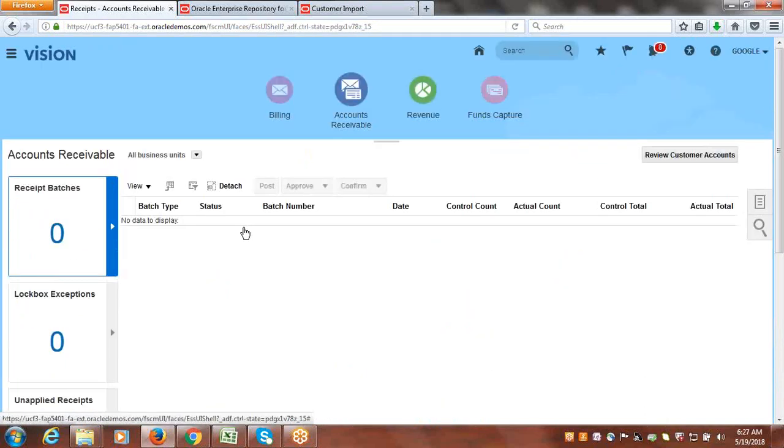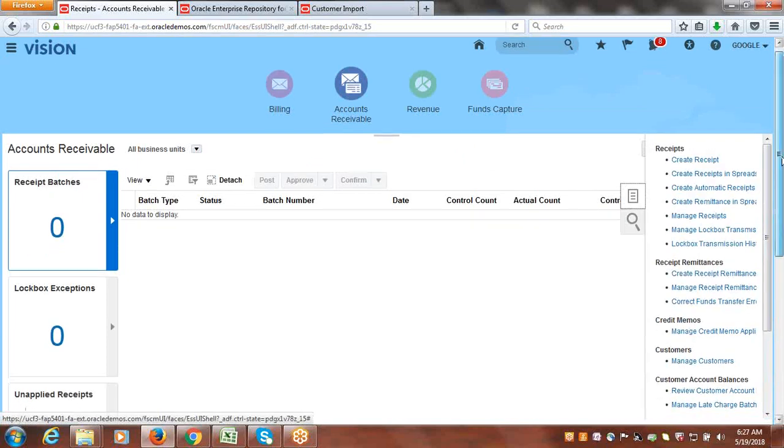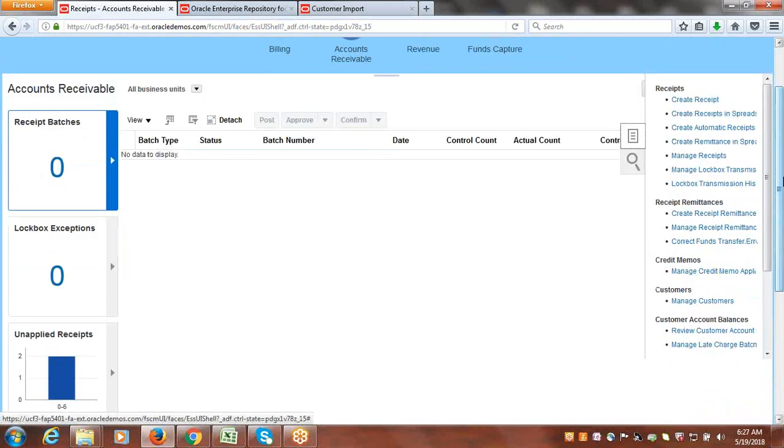In case of customer import, customers conversion, you can ignore the template which you see in the FBDI. So to load the customers, the templates are available within the instance itself. So you can manage customers. Here we have,